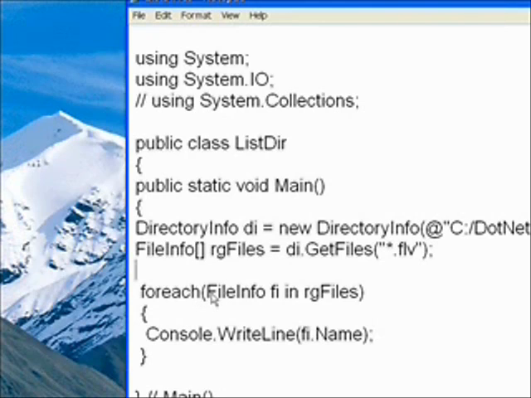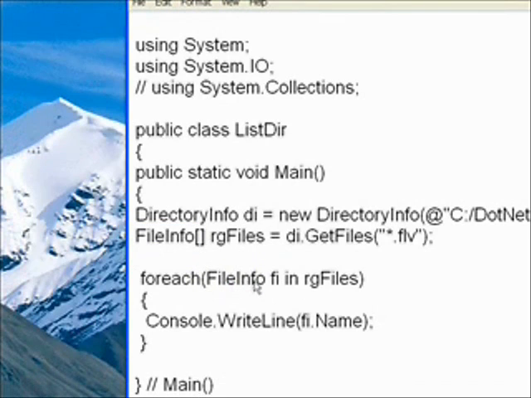So we're creating a temporary variable called fi, which is instantiated of FileInfo type, the same type as our array. And then we're saying for each member in this array,